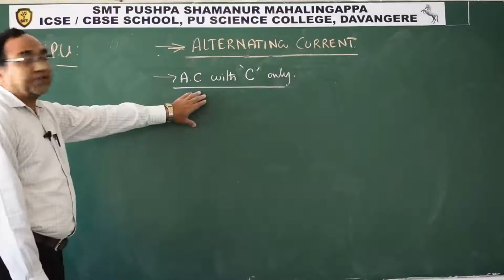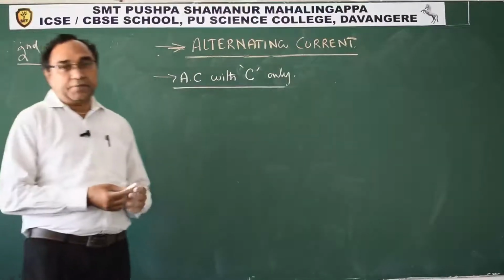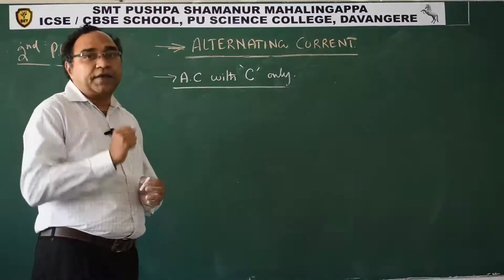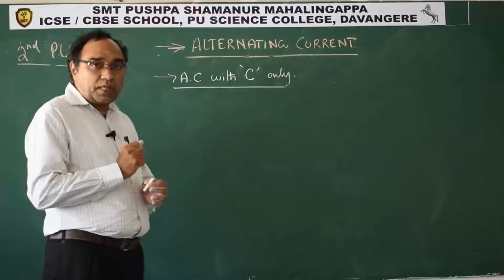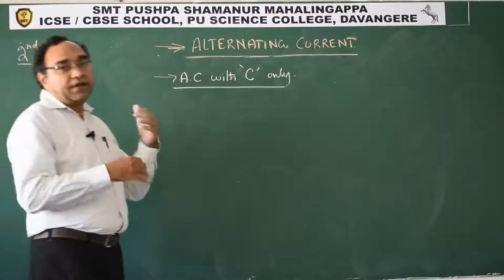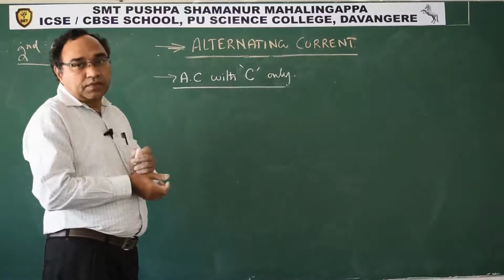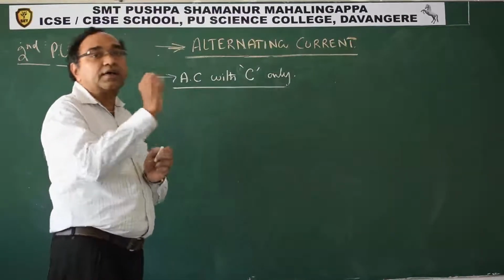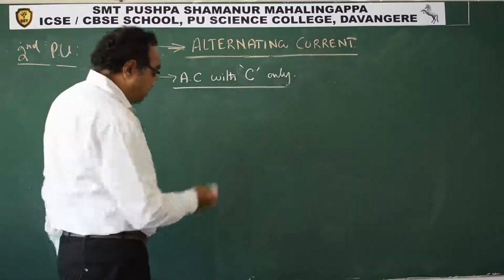Okay, now let us take the next circuit. This is C only. See, in the alternating current chapter, you will have circuits where only one component will be there. The second type of circuit has a combination of two components, and the third a combination of all three. So these are the combinations. We have to analyze what happens when a component is placed alone with a source, then when it is placed along with another component, and when all three are there, how does each component behave? That is what we have to analyze.